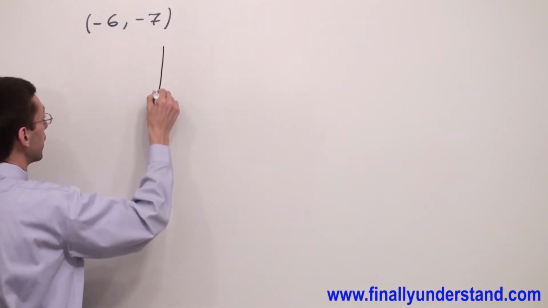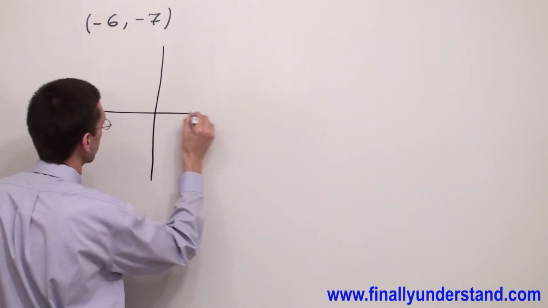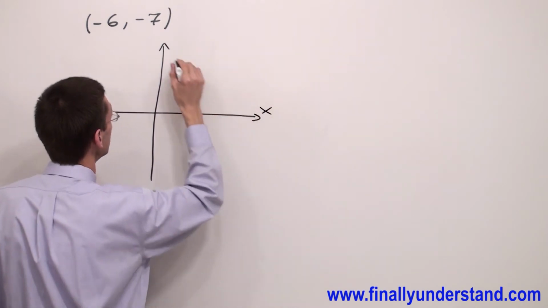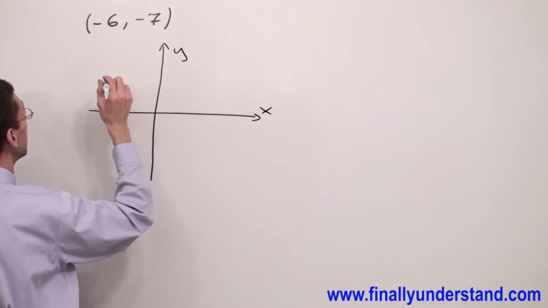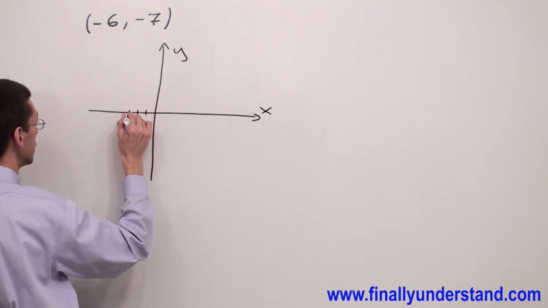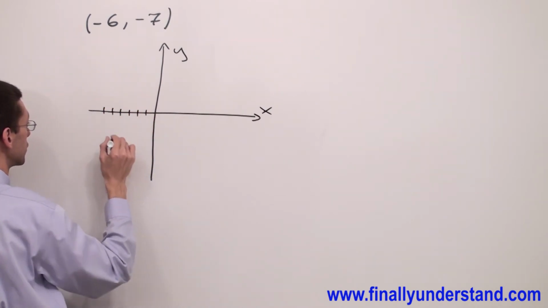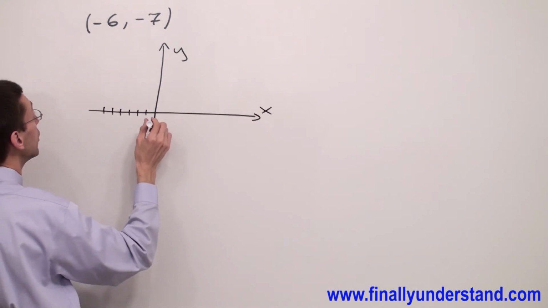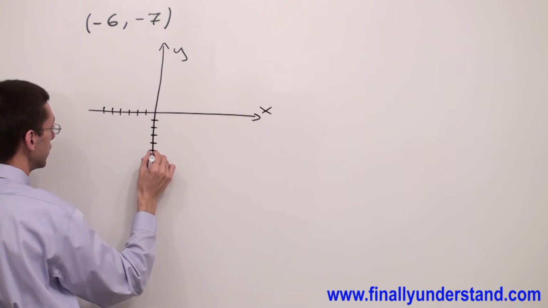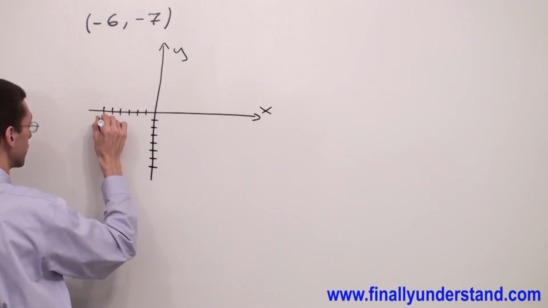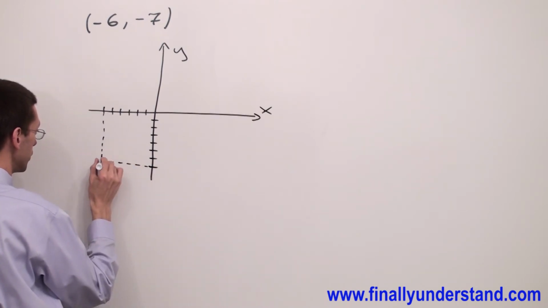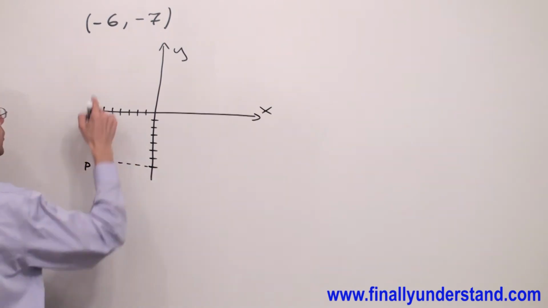So we have the xy plane. This is my x coordinate, this is my y coordinate, and I have x equal to -6, 1, 2, 3, 4, 5, 6, and I have the y-axis -7, 1, 2, 3, 4, 5, 6, 7. And this is my point with these coordinates